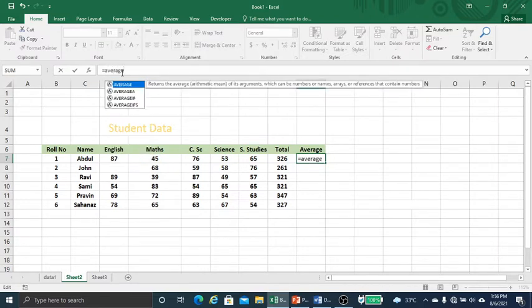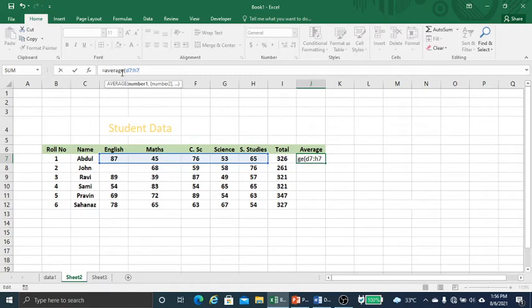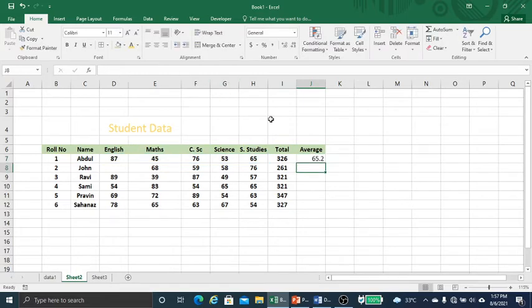Suppose I want to find the average of Abdul, so it will be from D7 to H7. You can see it is automatically selected, and press enter. So the average mark is 65.2.